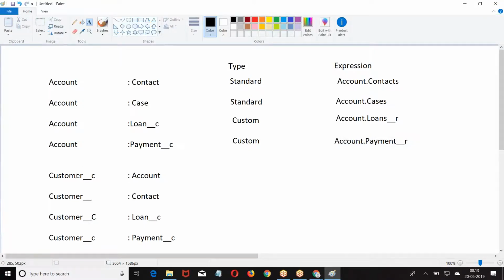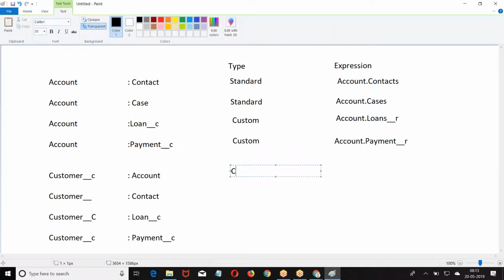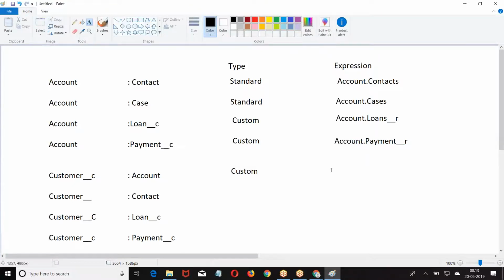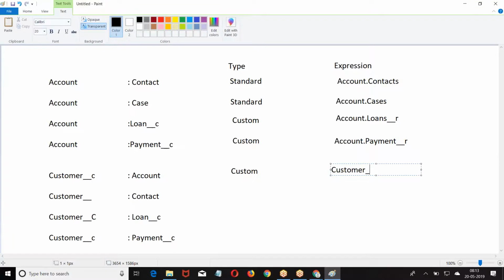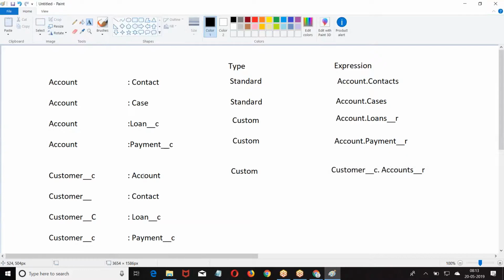So the important point is that customer and account is a custom relation. How do you refer? If the relation is custom, child object underscore underscore R. I am not interested in whether it's a custom object or standard object. What I am interested in is whether the relation is a standard relation or a custom relation. If it is a standard relation, this is the format.